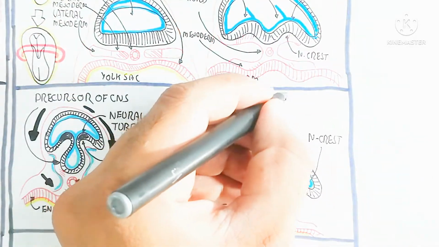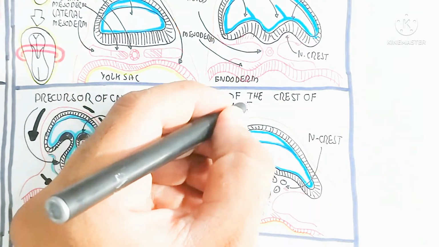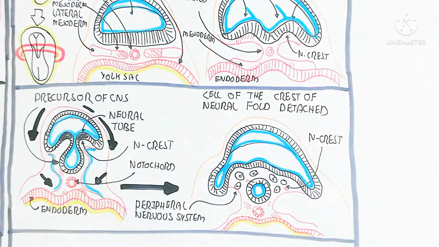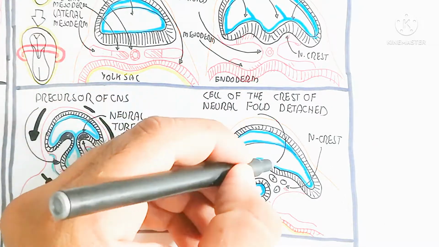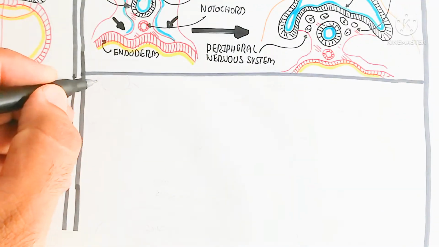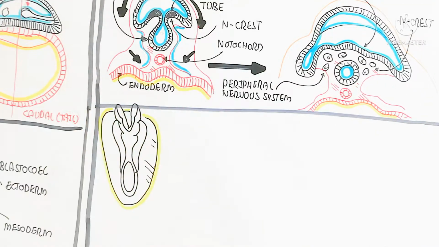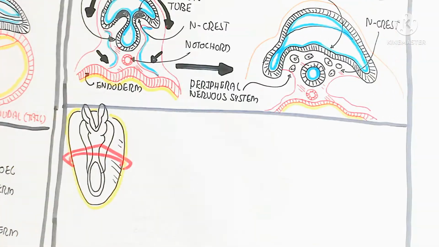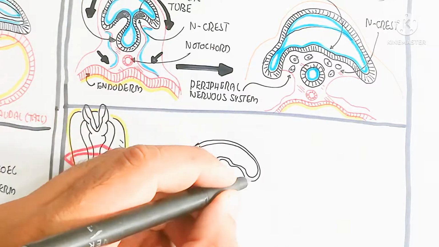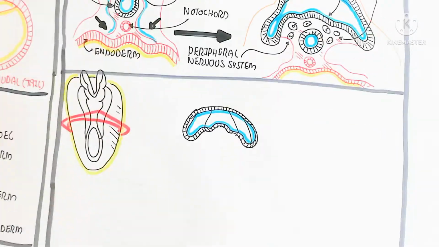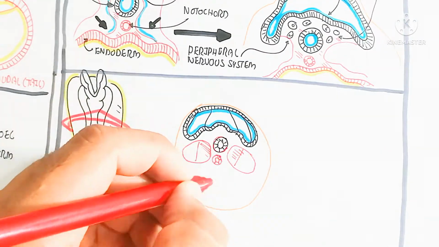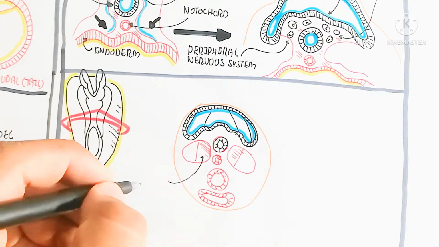So this is the neural crest, which will be entered, and after this the neural crest is the precursor of the peripheral nervous system, while the neural tube is the central nervous system. So remember that. And cells of the neural fold are detached to form the neural crest. After this, the neurulation will be clear, and in this way the brain will be developed, and the neuropore will